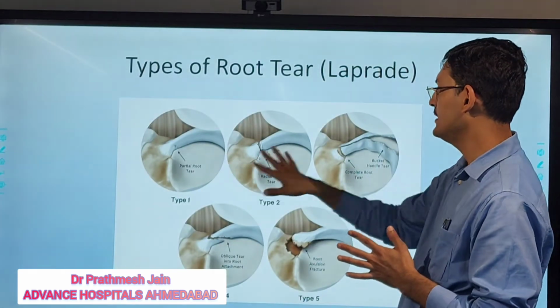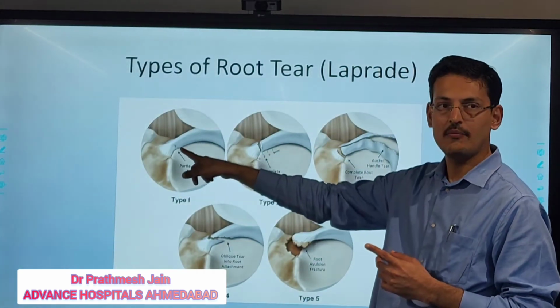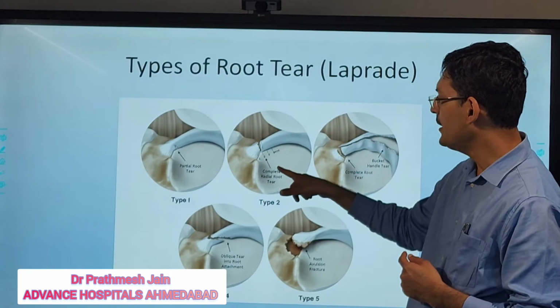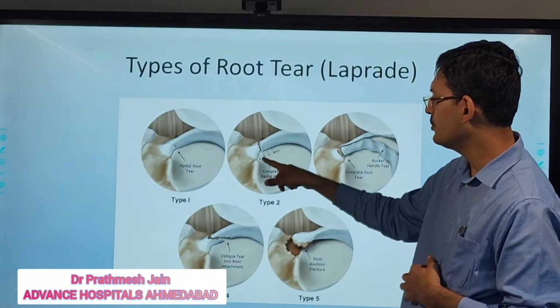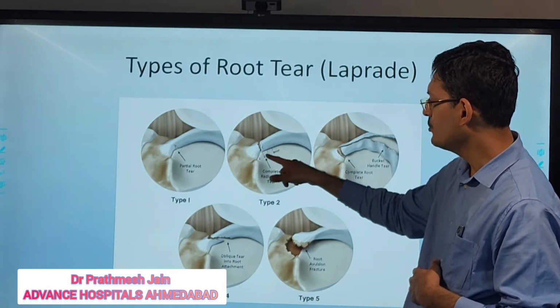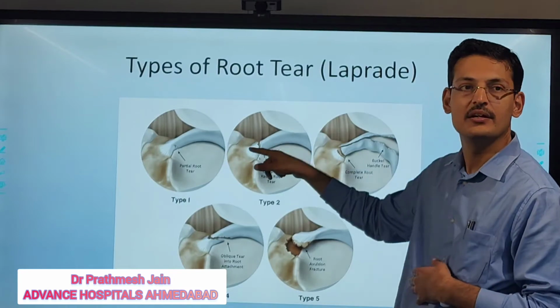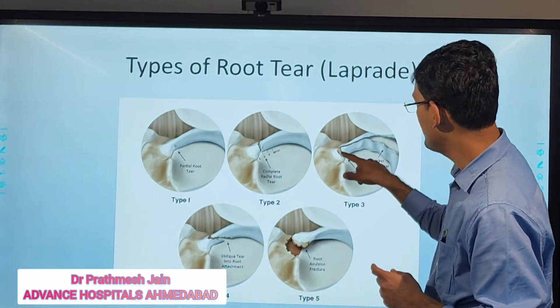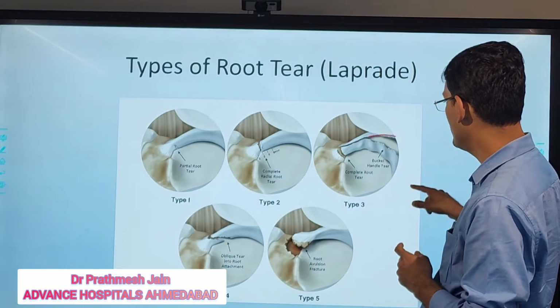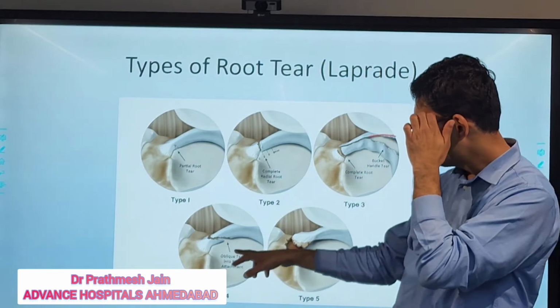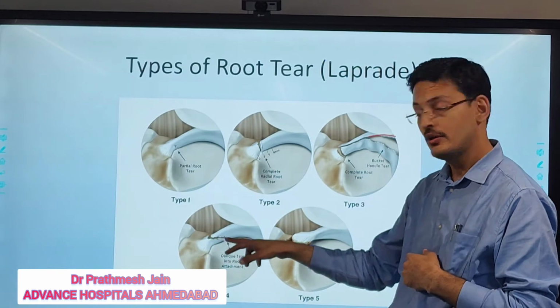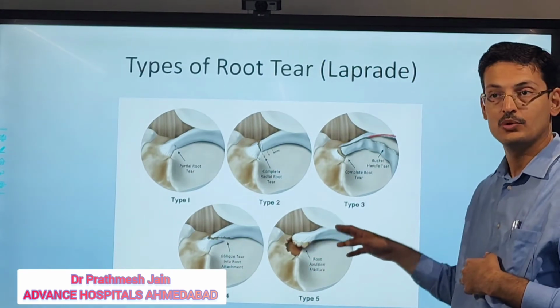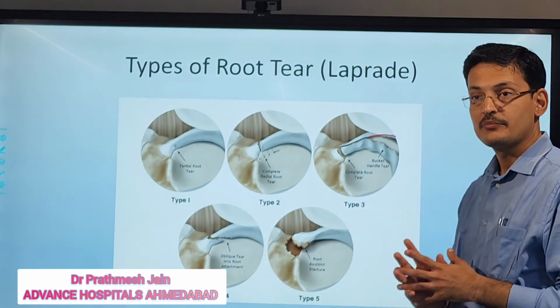So you can see in this a partial root tear. This is a complete radial root tear, and you demarcate into 0, 3, 6 and 9, and you can demarcate where the injury is. This is the bucket handle pattern where the root tear is actually going into the bucket handle pattern. This is an oblique pattern of the root, and this is the bone detachment. Okay, so I hope I am clear.